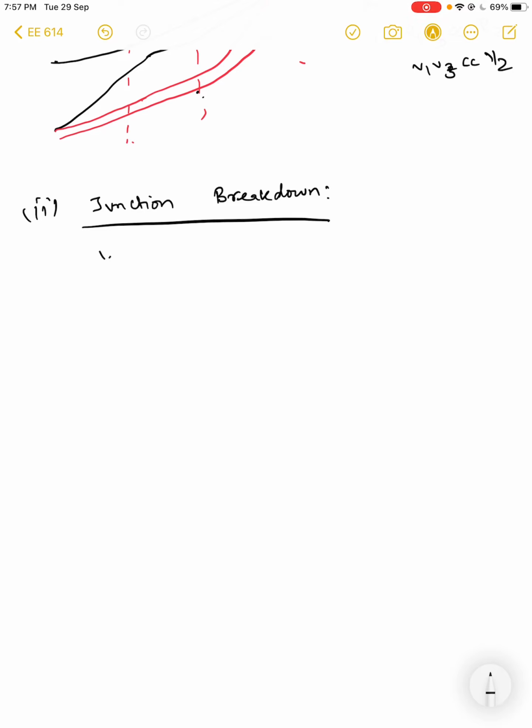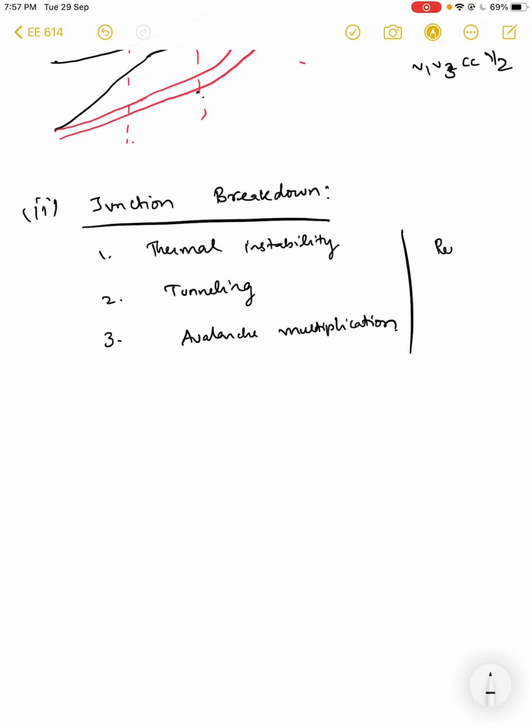The first way it can happen is what is called thermal instability. The second one is called tunneling, and the third one is avalanche multiplication. We will see each one of these in series, and then we'll have a more detailed discussion on the avalanche multiplication. The thermal instability, like most of these things, appears under reverse bias conditions,